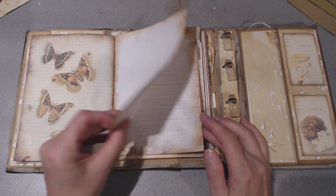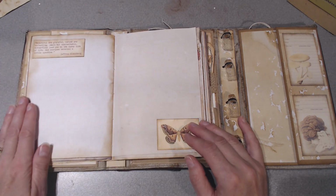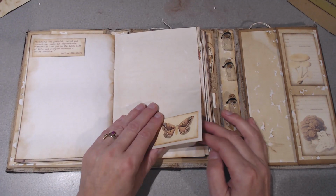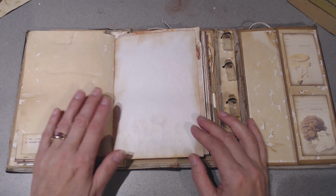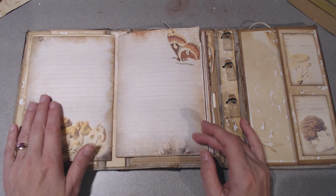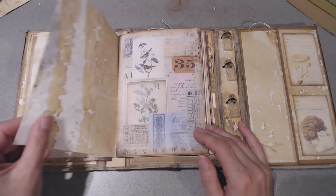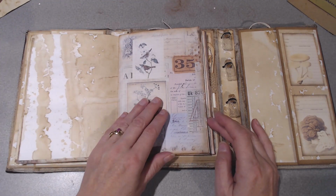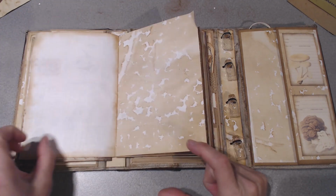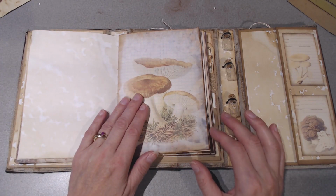Just flipping through here. And I left quite a bit of spaces blank. This is so that you could use this and put whatever you want in there. I didn't want to fill it up too much with ephemera or pockets and flips in here, because I was hoping that whoever gets this will use it and fill it up with their own stuff. But I also wanted to keep the closure kind of thin, so that it would stay folded easily